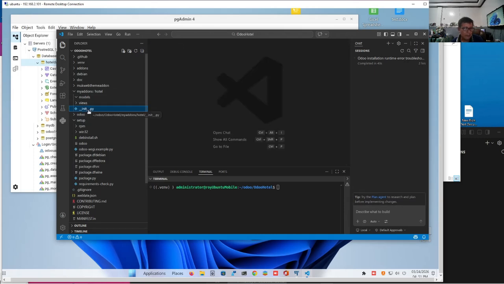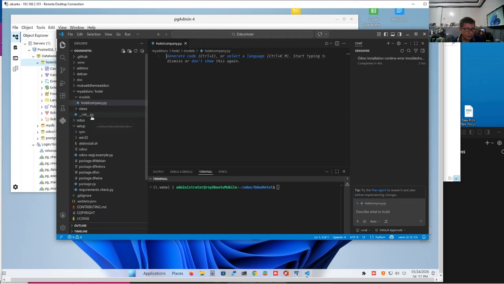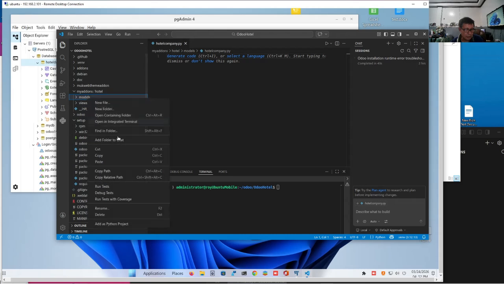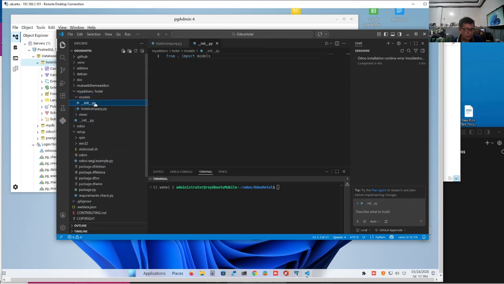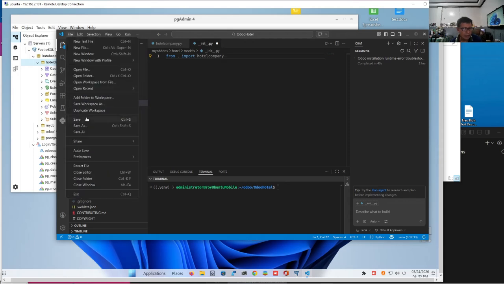a whole folder. So inside the models folder, we are going to create a hotel_company.py. This is our model. Since we have that, we will copy the init.py, then paste it also inside models. So we have an init.py. Now we will change this to from dot import hotel_company. We are now trying to stitch our import codes together. I hope you follow.